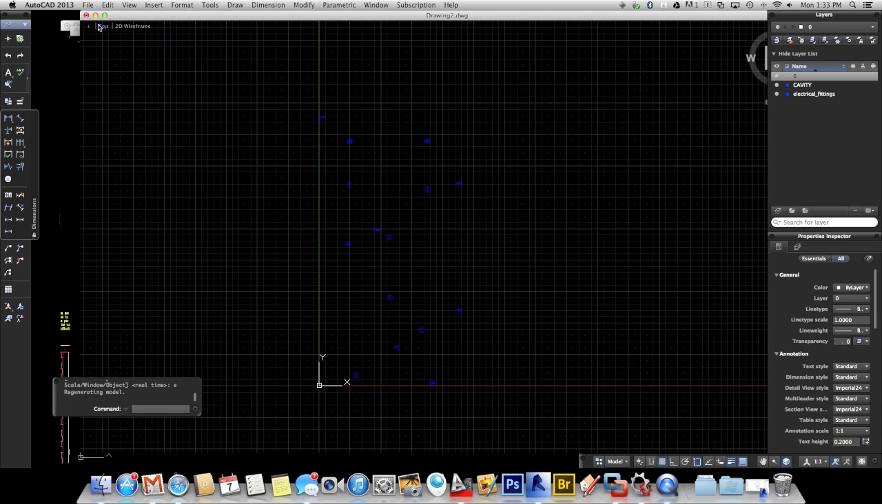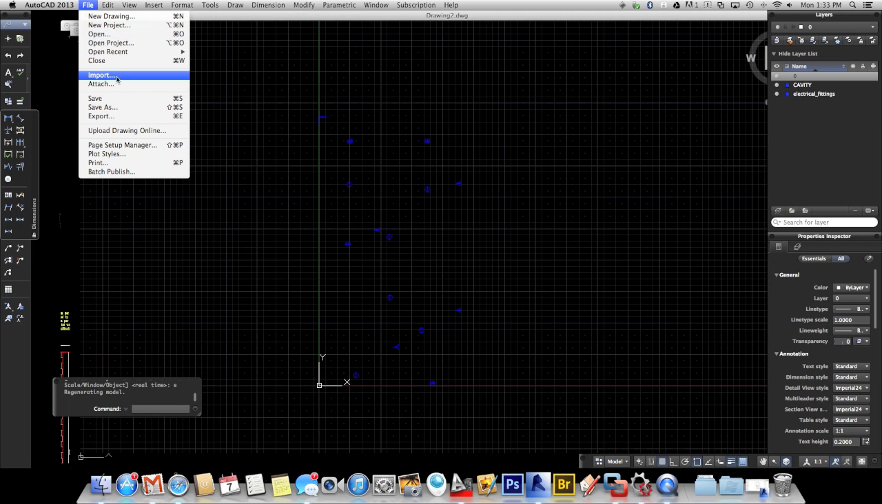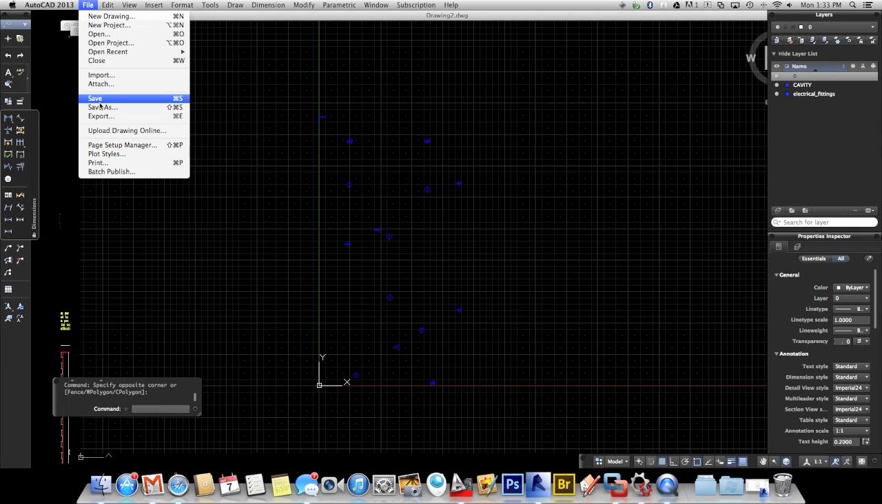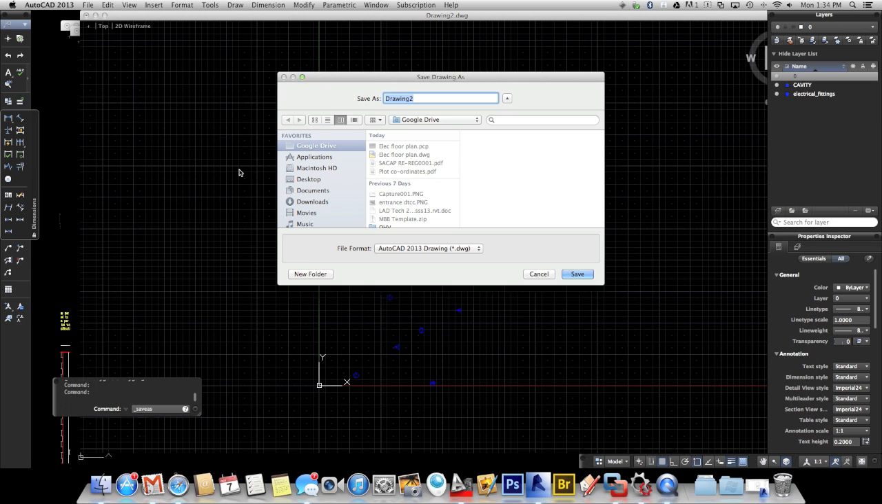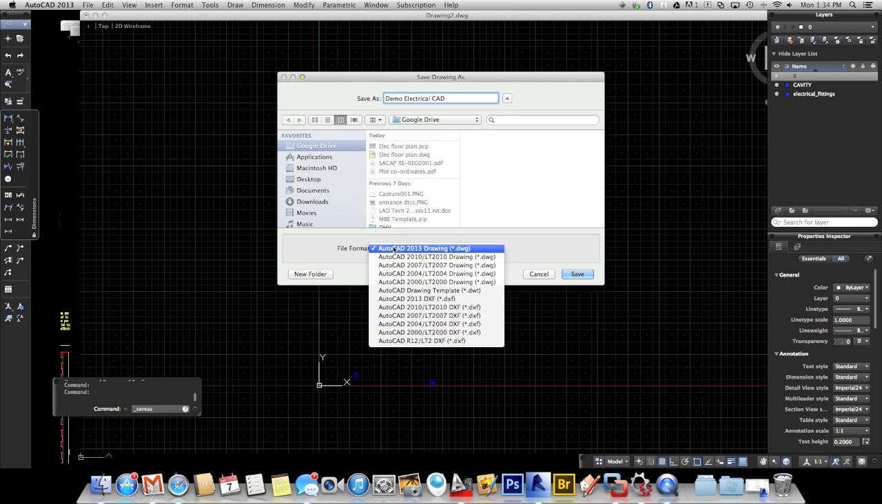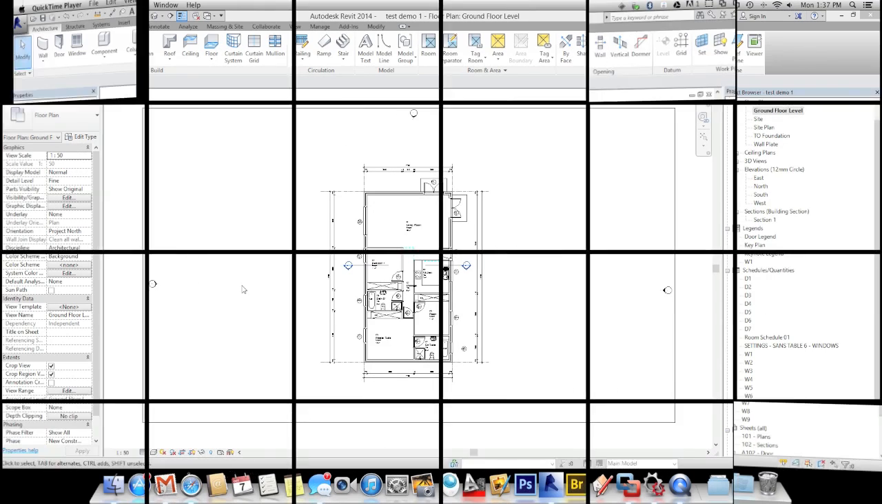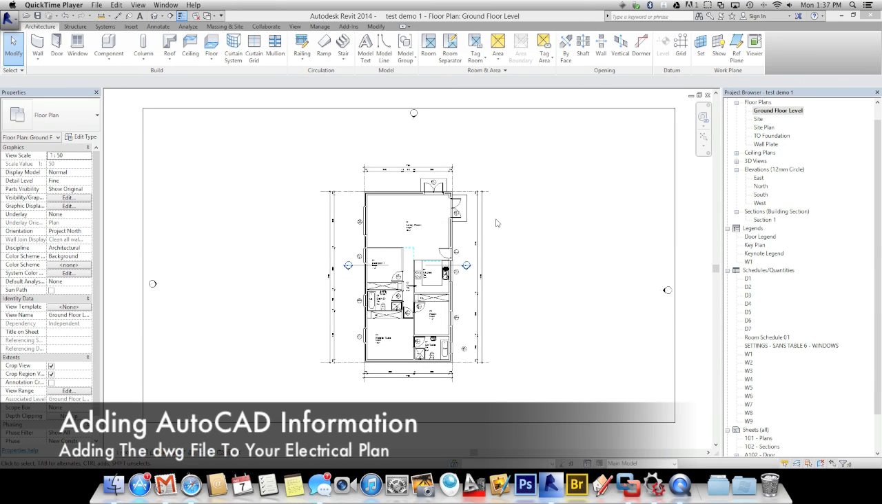paste it and go file, save as, and call that demo CAD. I'm going to just save that down, save and done. To add another plan, which would be electrical plan, you would go to floor plans, ground floor